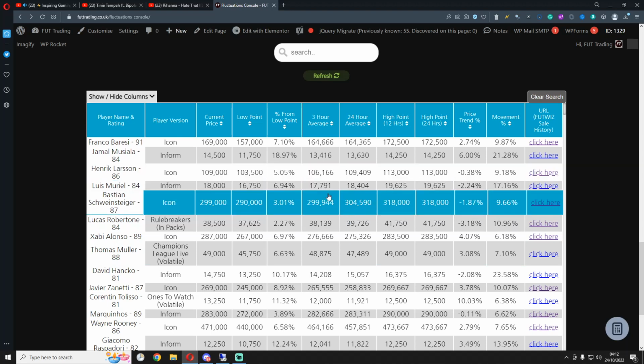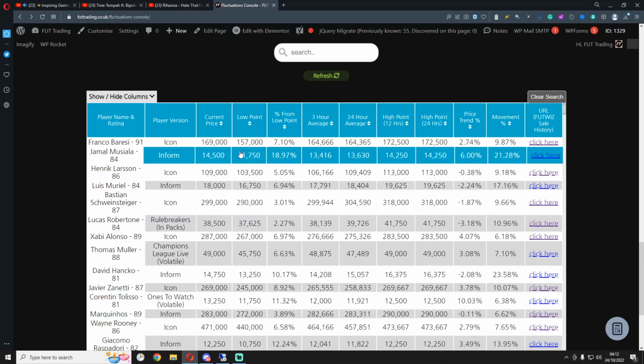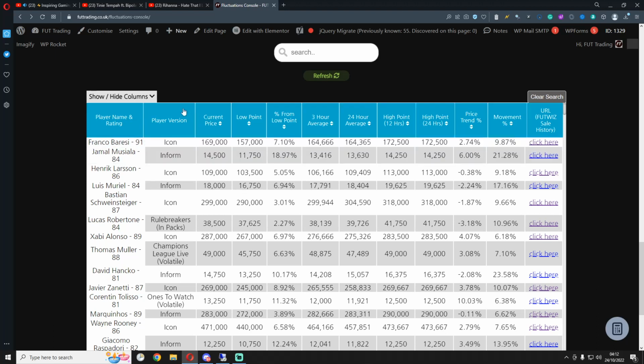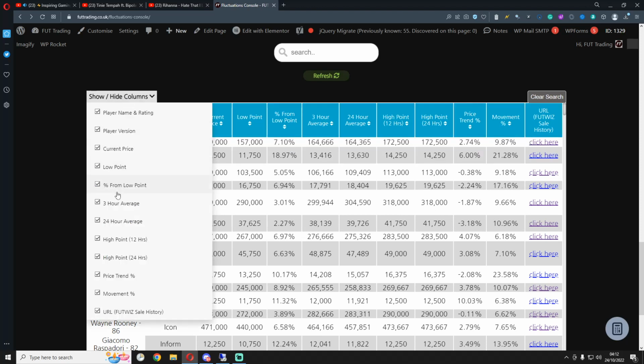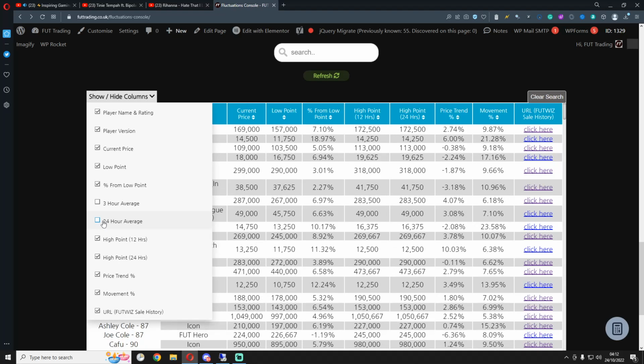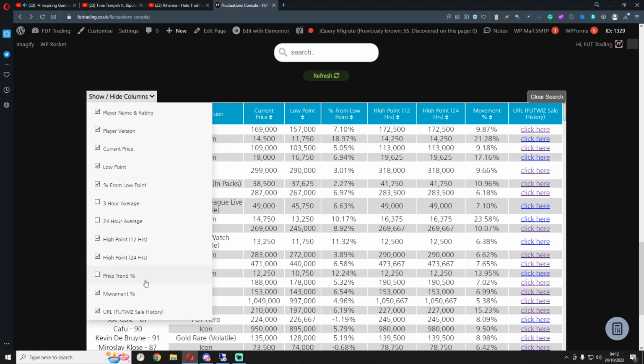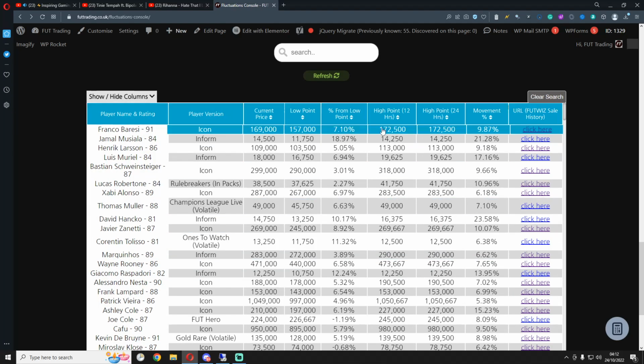So firstly, it's a lot of data in front of you, so you might want to make it a little bit simpler for yourself. To do that, hide some of the columns, okay? The ones I suggest you hide are the 3-hour average, the 24-hour average, the price trends, and that's about it for now. So now you've hidden all 3 of these areas, it will look a little bit like this. So you have the current price, the low point, percentage from low point, high point 12 hours, 24 hours, movement